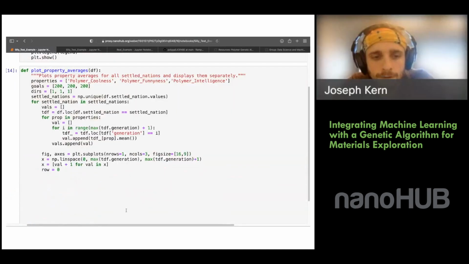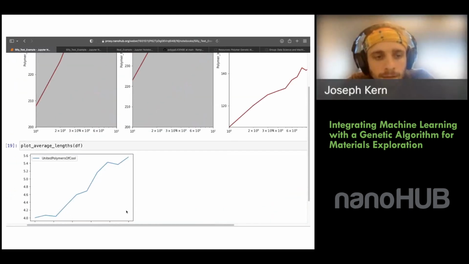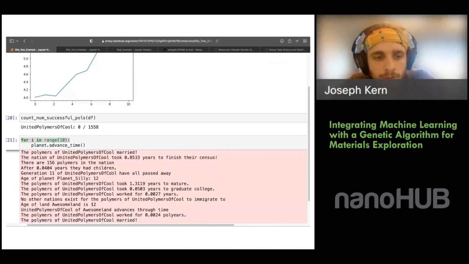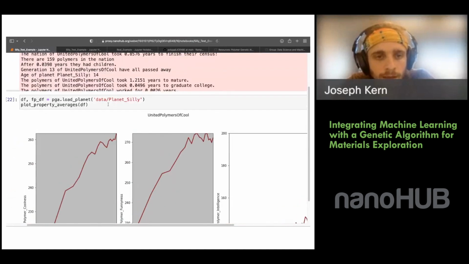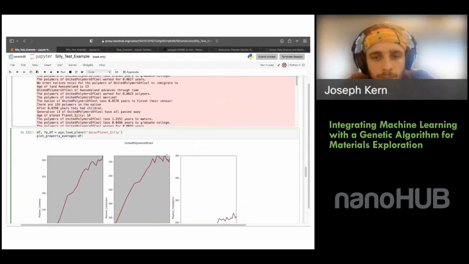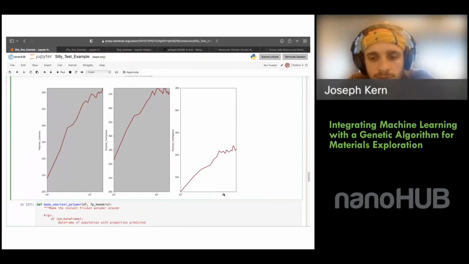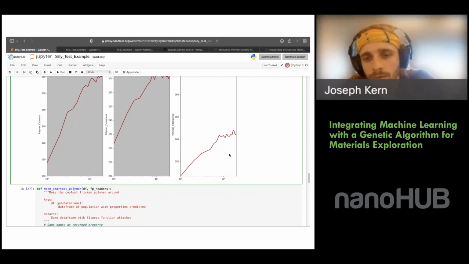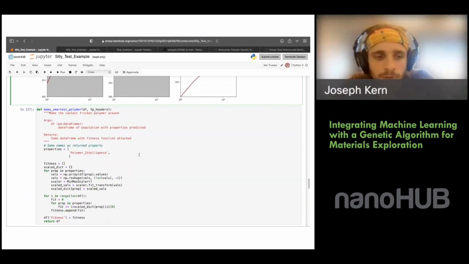Sure. So we ran the algorithm longer. That's what we were doing here. Then we just wanted to load it again and compare how it did. You see we're plotting this on a log scale. These are the first 10 generations, and these are the next 10 generations. It's still going up for the intelligence. It's sort of stagnating for funniness and coolness because it's trying to increase intelligence more, but it's getting kind of stuck here. So one thing we can do if we're trying to increase the intelligence more for PolyGA is